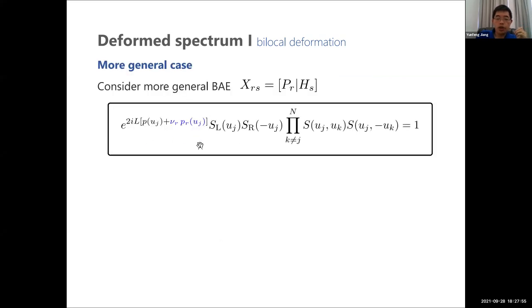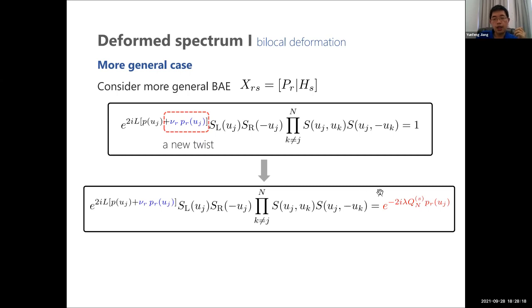And what about the more general case? I don't take this R equal to 1 anymore, I take it to be p_R. For this case, we can similarly write down a flow equation, but because we have this p_R, it's more convenient to introduce a twist which couples to this p_R, and you will see why. If we write down the deformed Bethe-Ansatz equation, we see the phase factor will combine together to give this. So now you have this charge Q_n coupled to p_R instead of p.